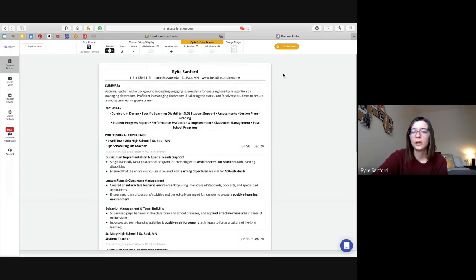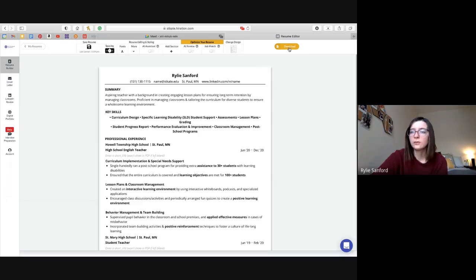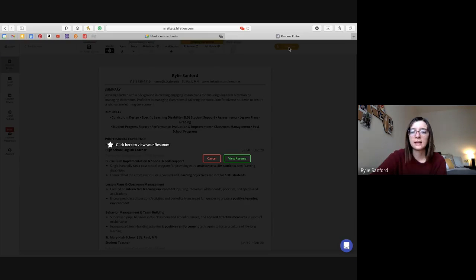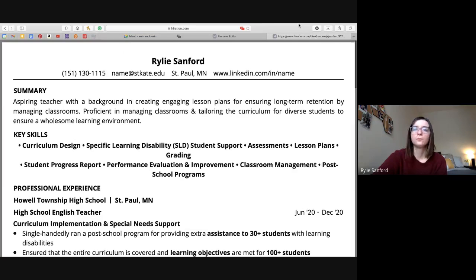If you want to keep switching your designs around, just click this button and then choose whatever design works best for you. Additionally, to download your resume, you're going to want to click the download button, and this will download it as a PDF. So you're going to want to click view resume, and then it is now in PDF form and you can download it to your computer.